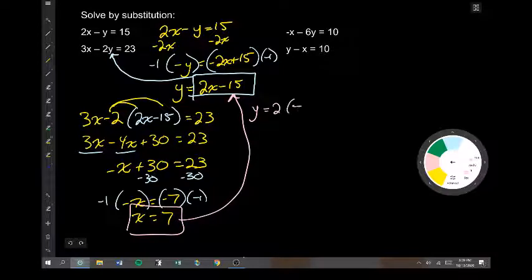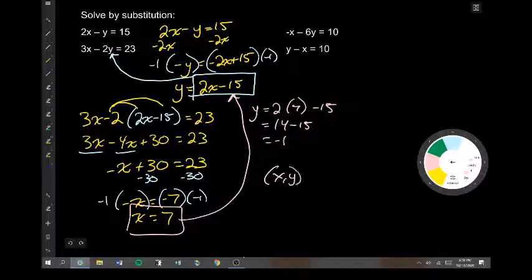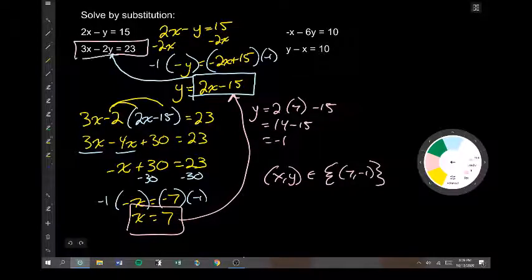So y equals 2 times 7 minus 15. So y equals 14 minus 15. So y equals negative 1. My solution is the point 7, negative 1. I'm going to check that in this equation, because that is